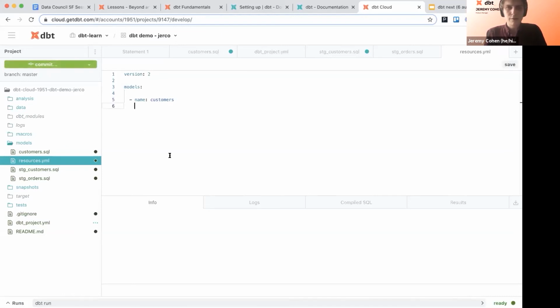I believe that the customer ID column should be unique and not null all of the time. I also feel the same way about the order ID column in the stage orders model.